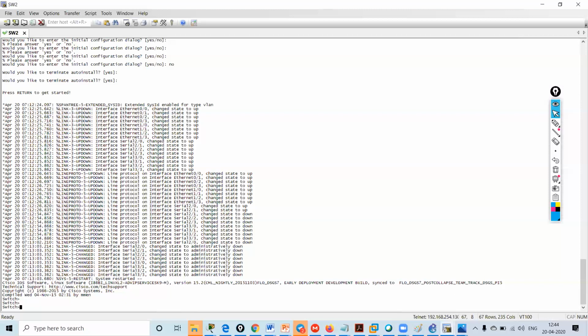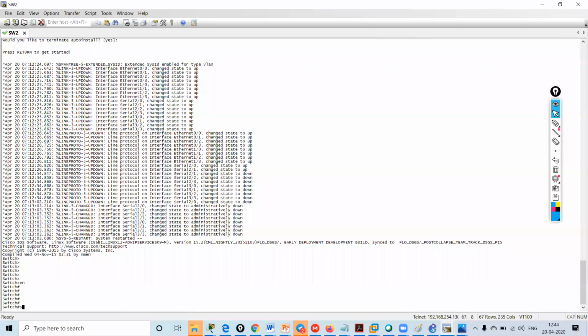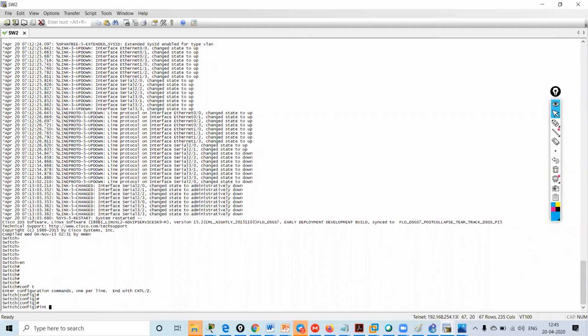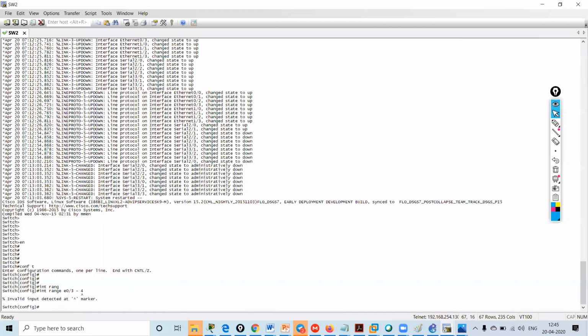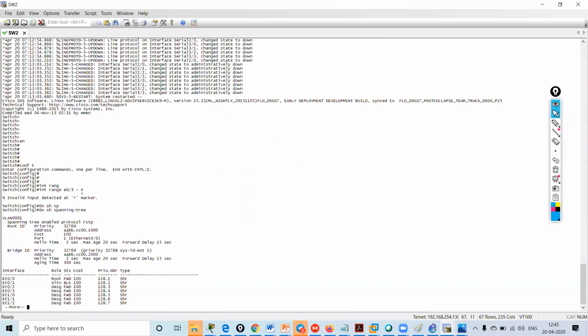Enable, config terminal, interface range Ethernet 0/3 to 4. Do show spanning tree.